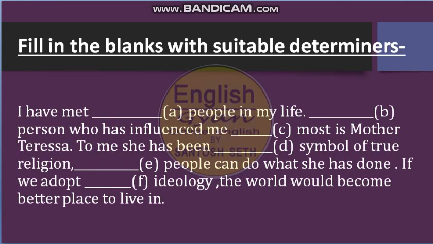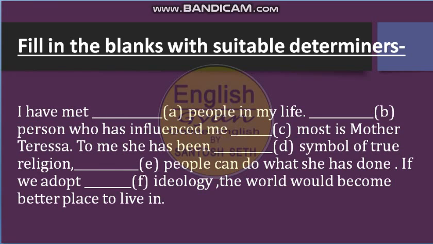Now one more small activity. Here you have to fill up the blanks with suitable determiners, and the blanks are: I have met dash people in my life, dash person who has influenced me dash most is Mother Teresa, full stop. To me she has been dash symbol of true religion.